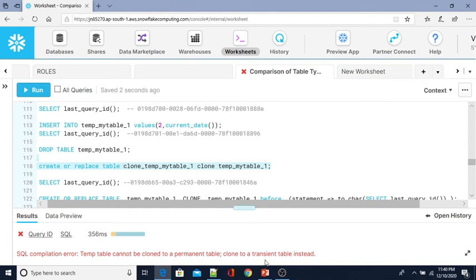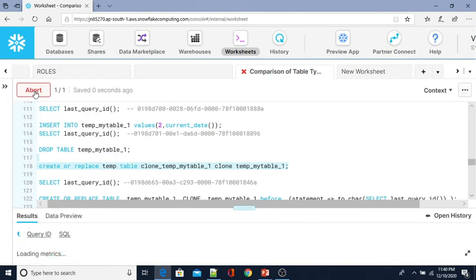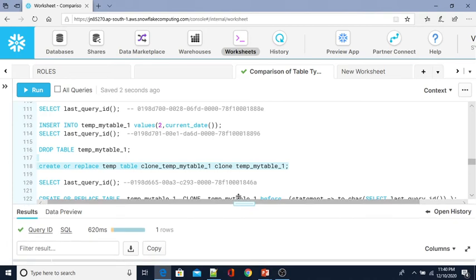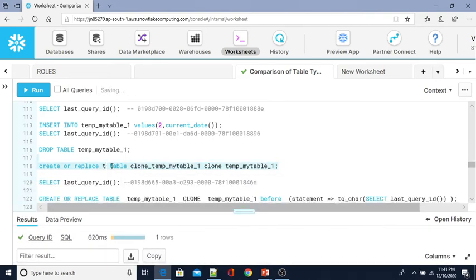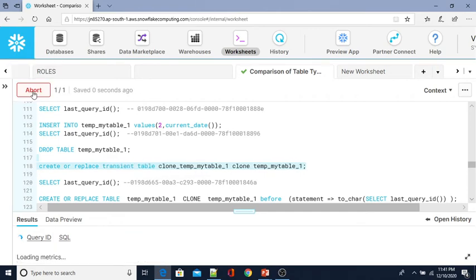So clone to a transient table instead. Suppose you specify here create table temp, or let me create in both. Okay, temp. See, cloning has been done. Or else you can use the transient table. Okay, this is how.